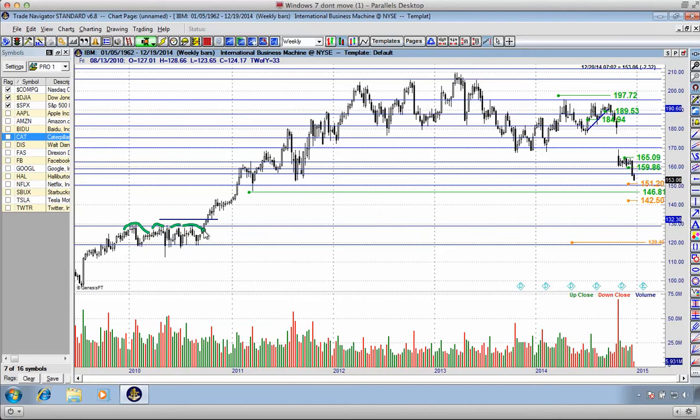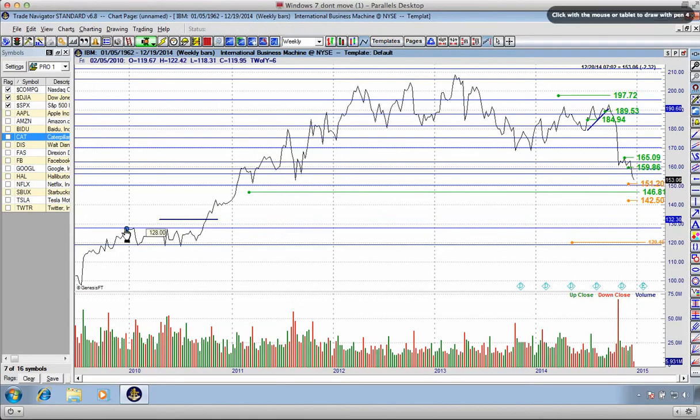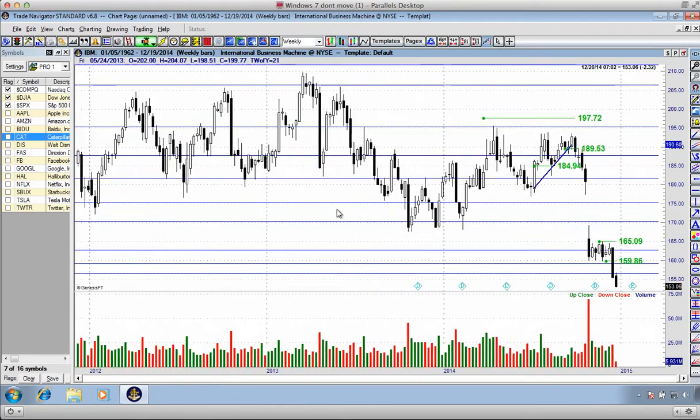Generally, what I do is I'll draw with a line chart right here, and then I'll change to the candle chart just to make sure that the intraday volatility hits that support and resistance level. That is also a very nice area of support in the future. So $129.40. Now, the reason I'm bringing this to your attention is because it looks as if we are getting